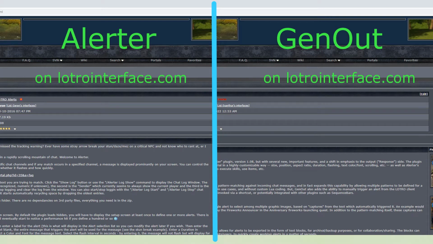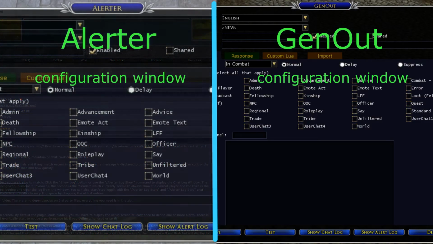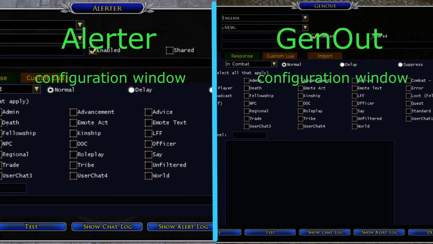Garan mostly focused on the triggering aspect of Alerter, the fact that it can watch chat messages and then automatically trigger an alert, which that capability is still there. And in fact, I've expanded on that capability, but I want to change the emphasis more to the output, because to me, that's where the plugin really distinguishes itself in all the different ways that you can customize and tweak